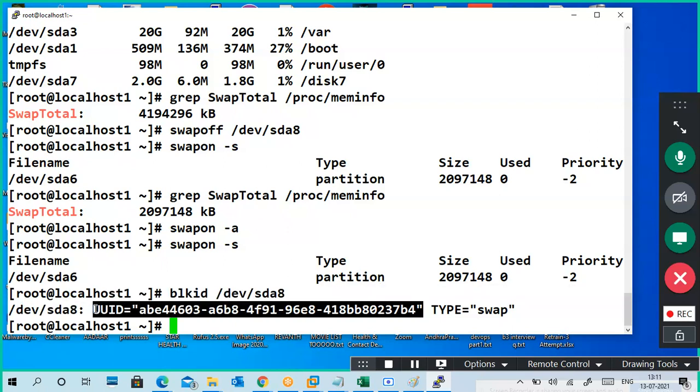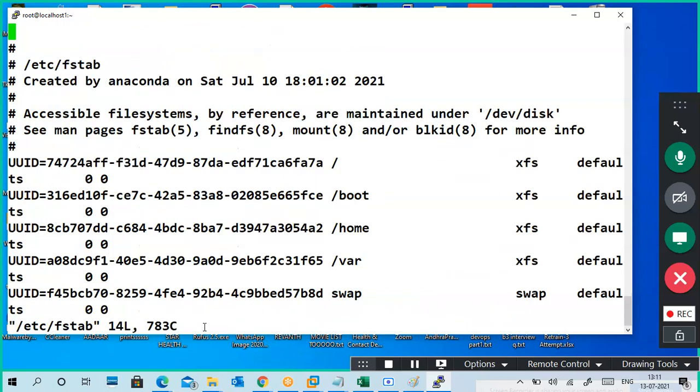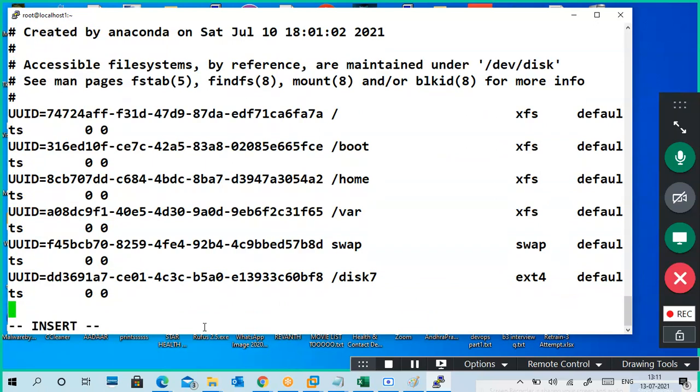Copy this UUID, just highlight, that is enough. vi /etc/fstab. What is fstab? File system table. Go to the next line, right click, then paste, remove these quotes. And where are you mounting? You are mounting to swap only again. And what is your file system? Swap only.